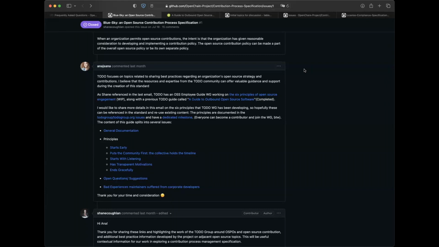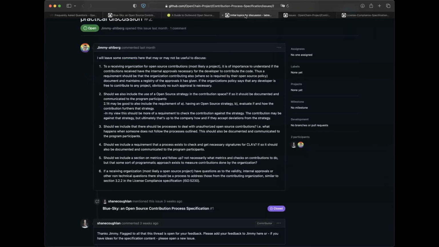So since we're talking about contribution specification, I would say stay in the specification space. So there's two things that I don't think are covered, which has always been a big gap. And I worked previously with Kevin when he used to work at Bloomberg on specifications. I would love if in this effort we could focus on a specification that defines a way where, I know Jimmy, but if I need to find who is doing open source at Ericsson, now I can use the TODO Group context to find it. But it would be nice if there's like